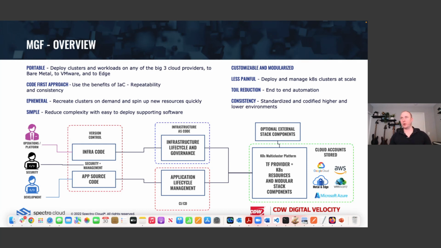Having a code-first approach, using GitOps as an extension of DevOps and IaC-based principles, having that repeatability and consistency. Having clusters as ephemeral as possible, being able to destroy and recreate them. Having all of this being as simple to use as possible to reduce pain, reduce toil, and provide consistency between higher and lower environments.